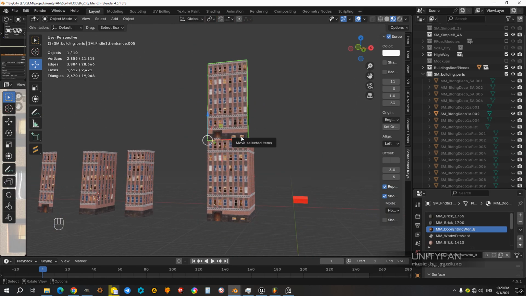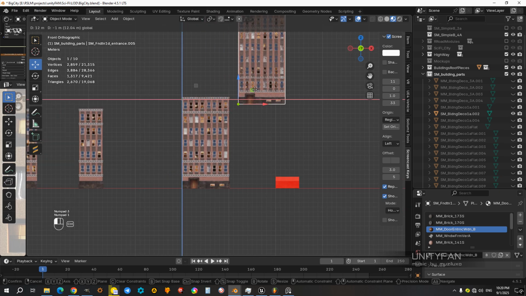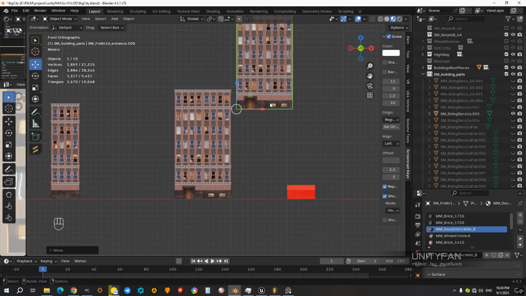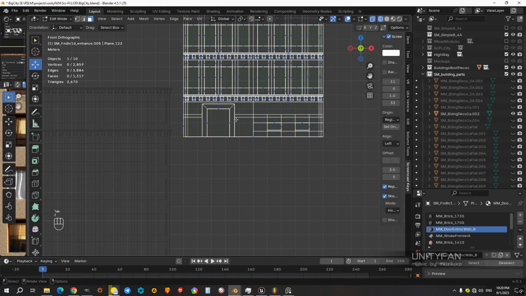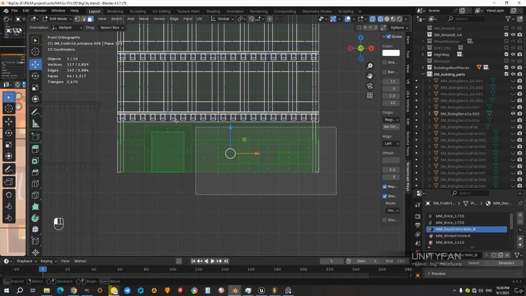So I will just duplicate it and delete maybe this piece, this area,